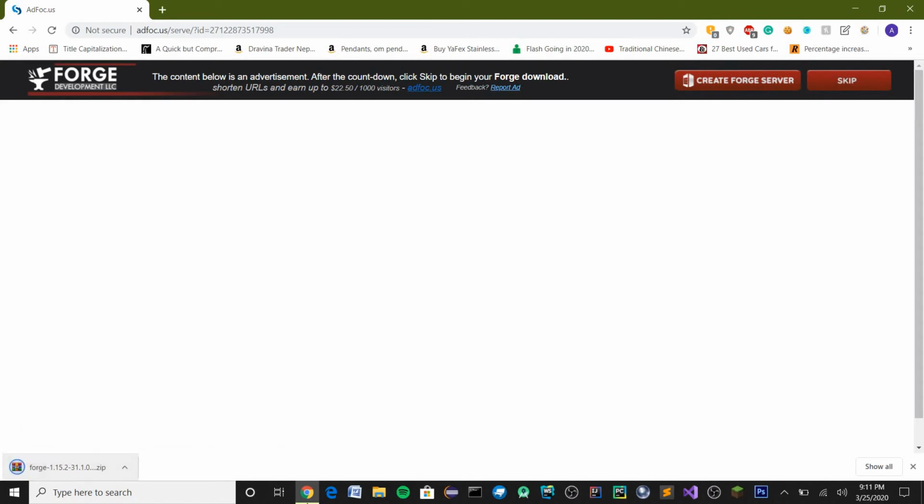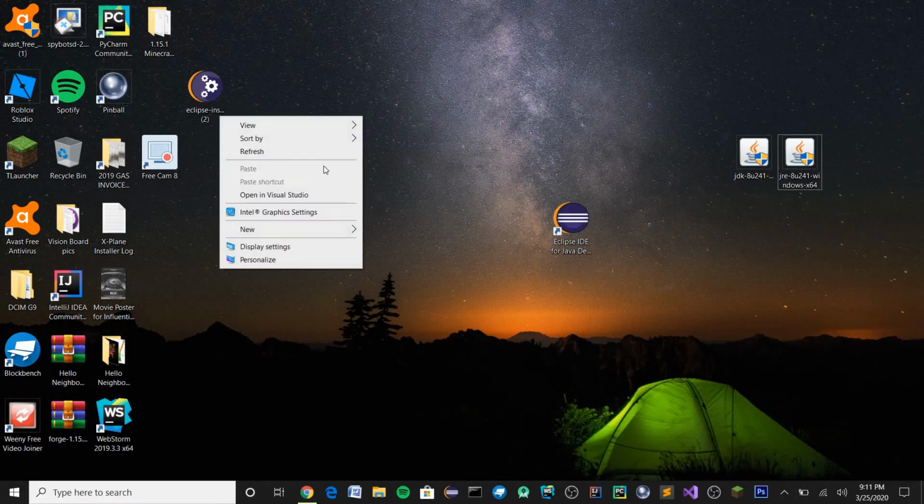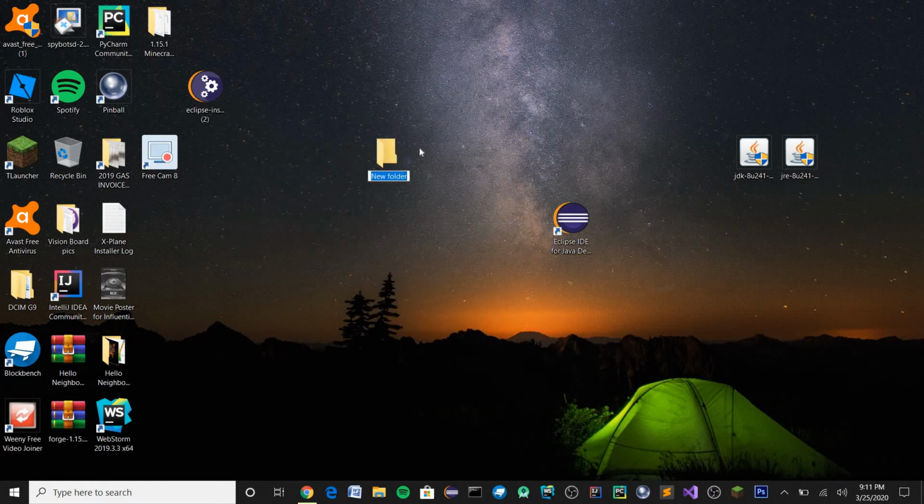It's complete now. What you want to do now is, don't press that, go to your desktop, right click, new folder. This is going to be your 1.15.2 tutorial mod, so it's going to be the name of your mod. You can name your mod anything, void mod, new mod, just make sure it has one space,